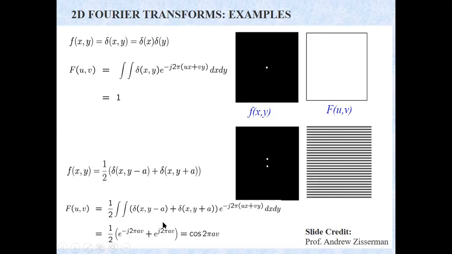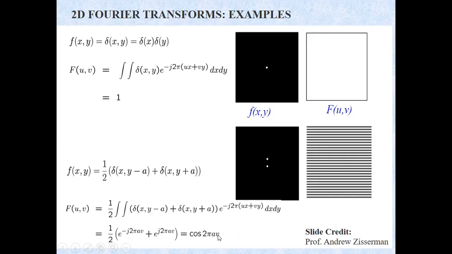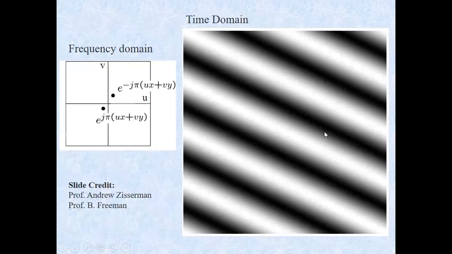So if these impulses are at locations (u0, v0) and (minus u0, minus v0), then the sinusoid will be cos of 2 pi into (u0 x plus v0 y). That will be the cosinusoid that you see here. Is that clear? This cosinusoid, of u0 x plus v0 y, is this sinusoid. Is that clear?